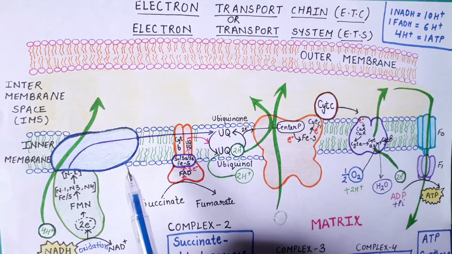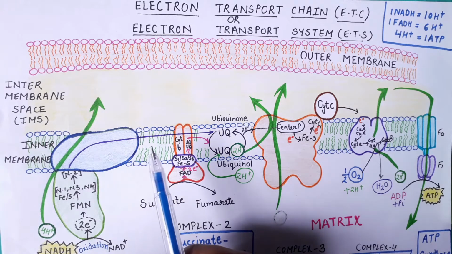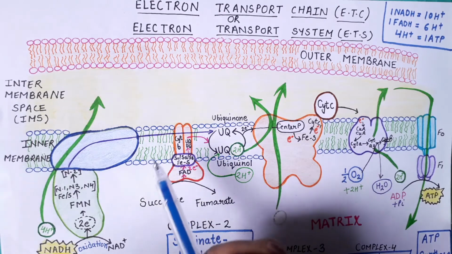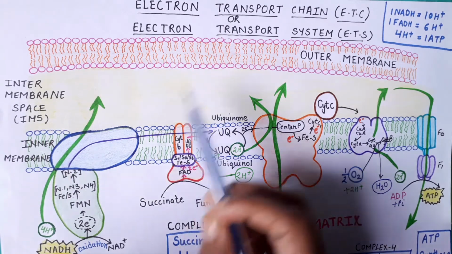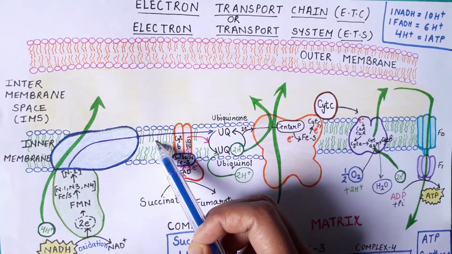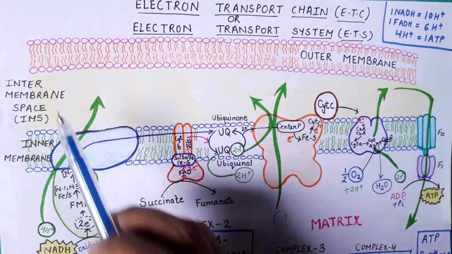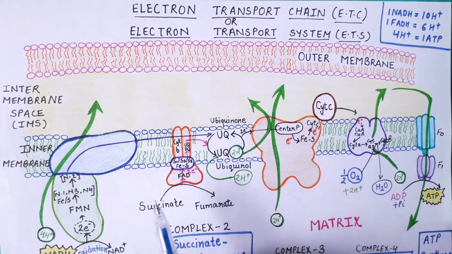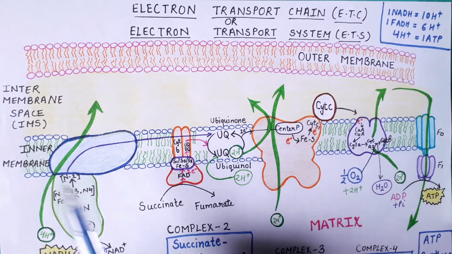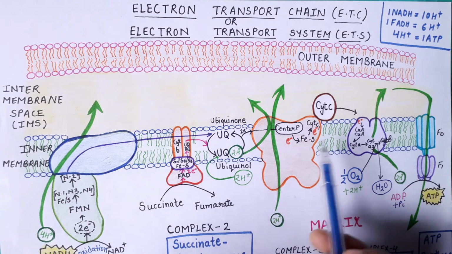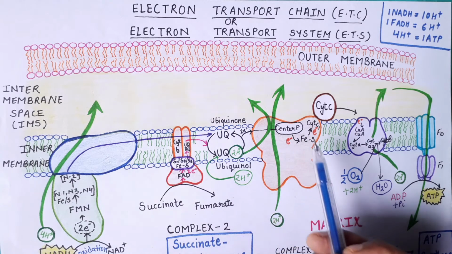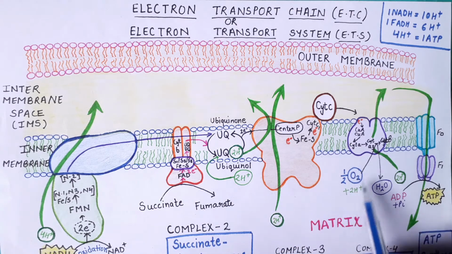As you are all aware of the structure of the mitochondria, it consists of an outer membrane and an inner membrane, which has some finger-like projections. The space between the outer membrane and the inner membrane is called the intermembrane space, and the central space is filled with a fluid which is called the matrix. So the electron transport chain basically consists of a series of membrane-bound structures that are meant to transfer the electrons to the ultimate electron acceptor, that is your oxygen.